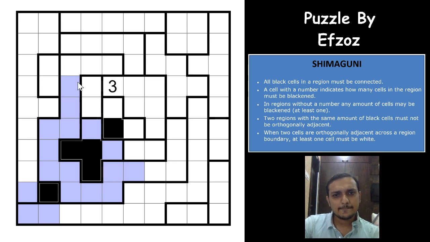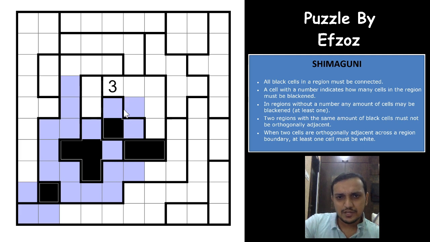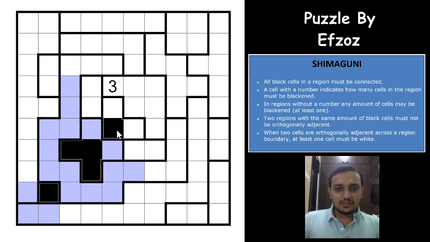Okay. It cannot have 3 shaded cells again, right? So if I shade this, both of these will be unshaded, right? And this will be 2 here, this will be 2 here. Superb. So there is a really complicated logic here. I am not sure if that is the intended solve path, but okay, we can go with the other way. Okay, superb guys, what an excellent puzzle this is.